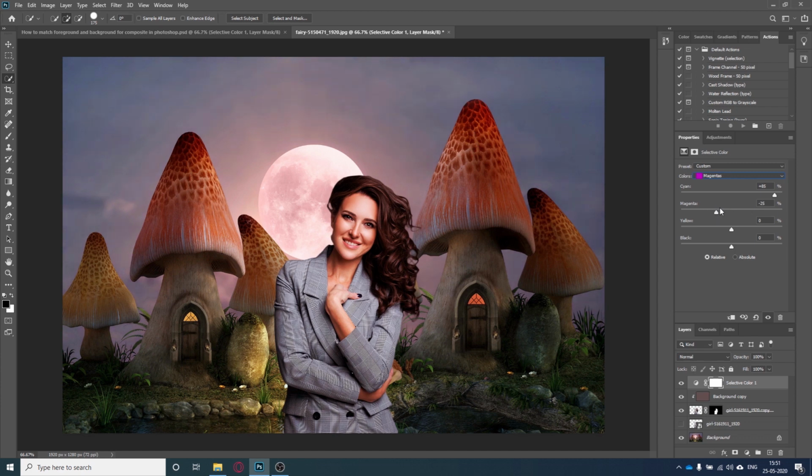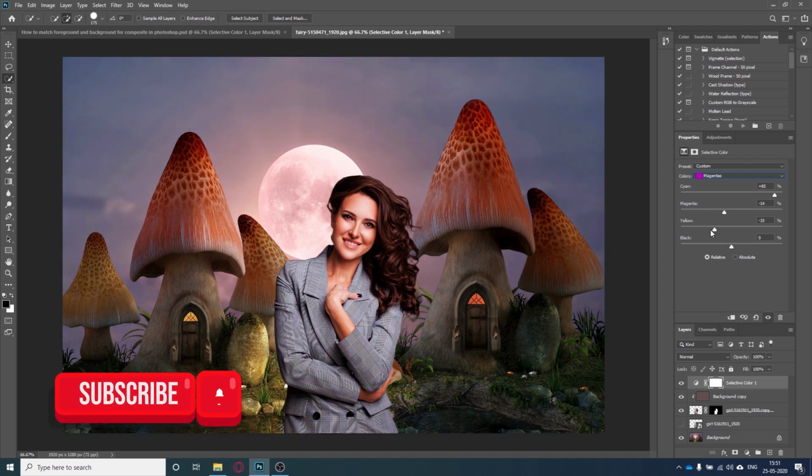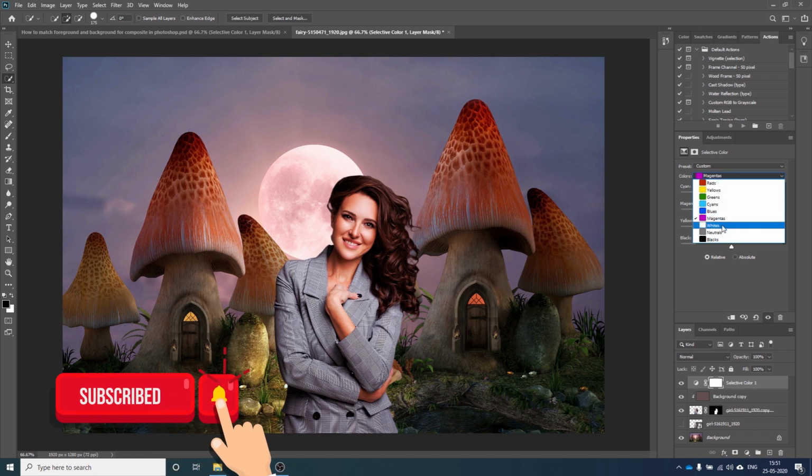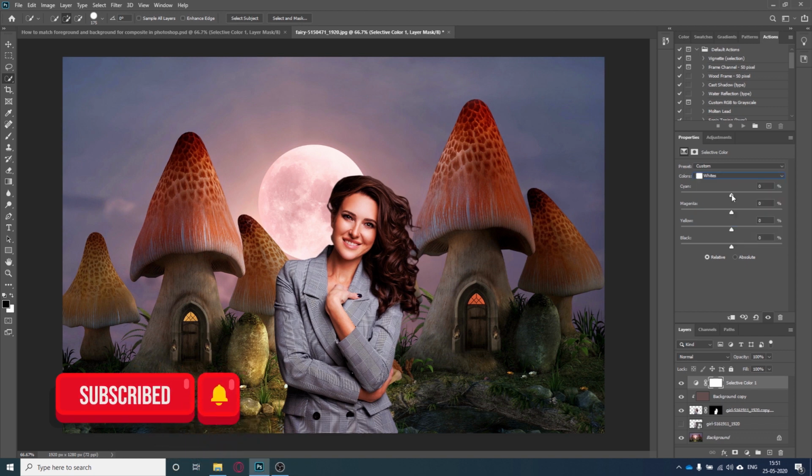Move the magentas towards the cooler colors like this. Great. So now let's play with the whites. Introduce some yellows in the whites like this. You can notice that on the skin or in the mood like this. Great.